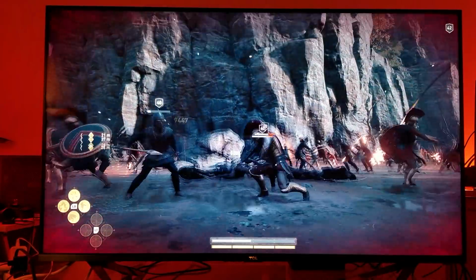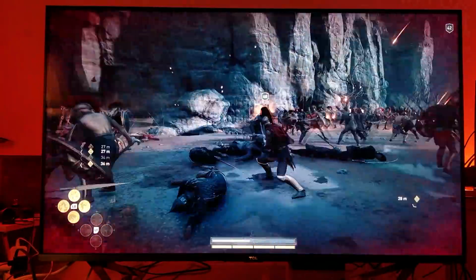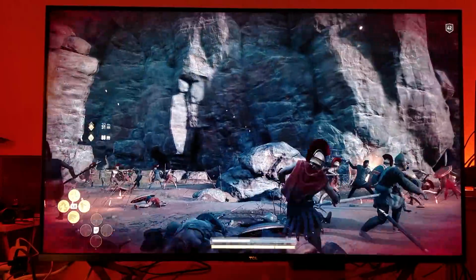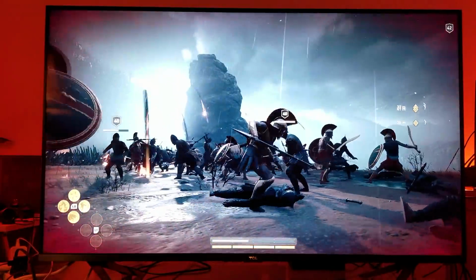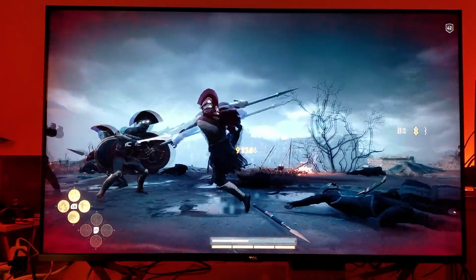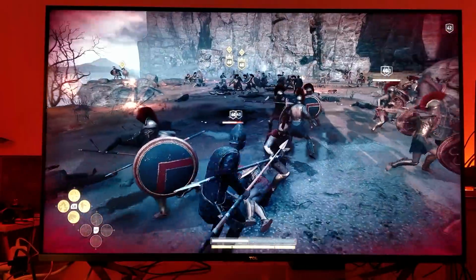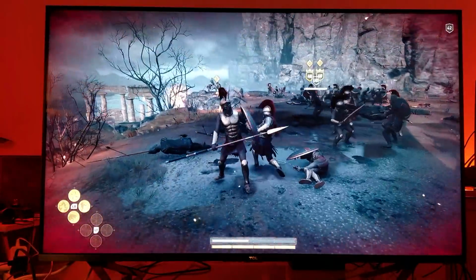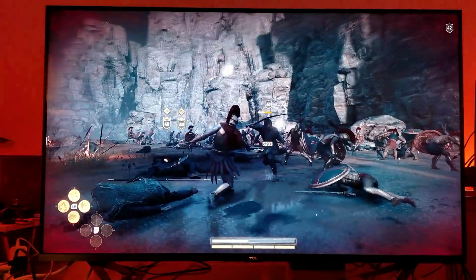Well, the one impressive thing about this TV is its price. For $600, what this TV is bringing us is truly remarkable. We have a very good full array local dimming with 96 local dimming zones. And on top of that, we're also getting a very good